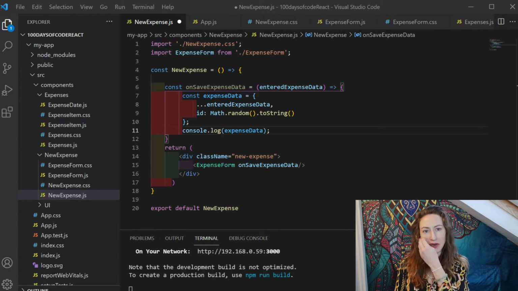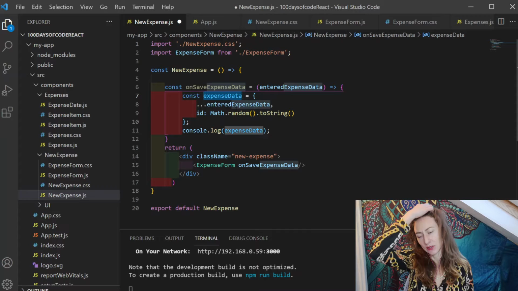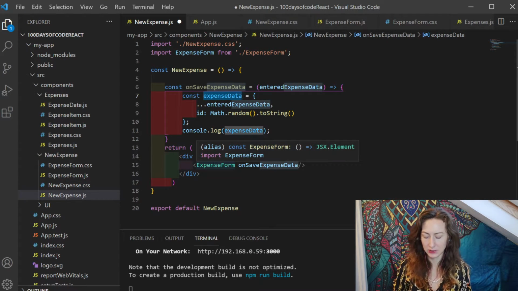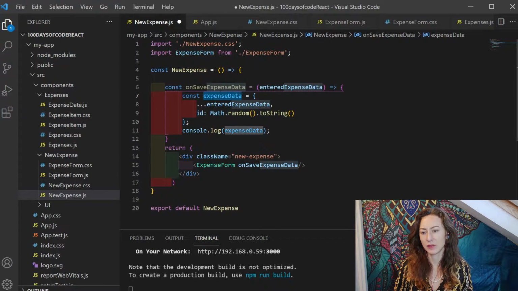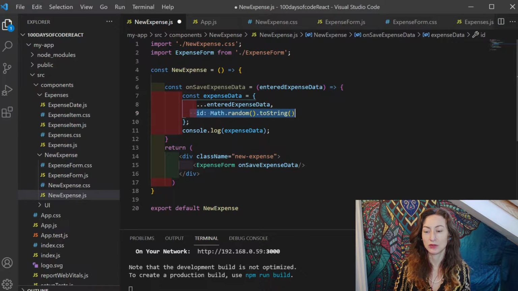So basically all we've done here now is declare this function, and we're passing this in when we are using the expense form. And what this is doing is it's capturing that expense data. So the expense data that we entered in the form, the amount, the title and the date, here we've destructured it. So we're using the spread operator to get each of those values coming in from that object, and then we have the ID, and the ID we're getting through using the Math.random